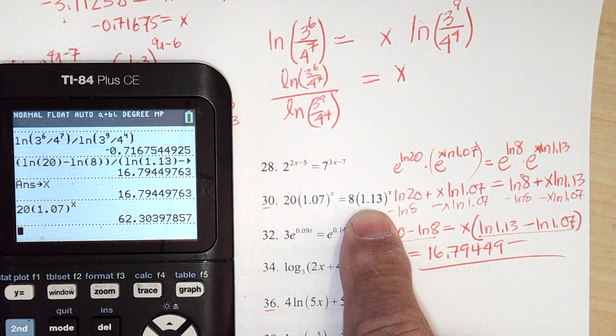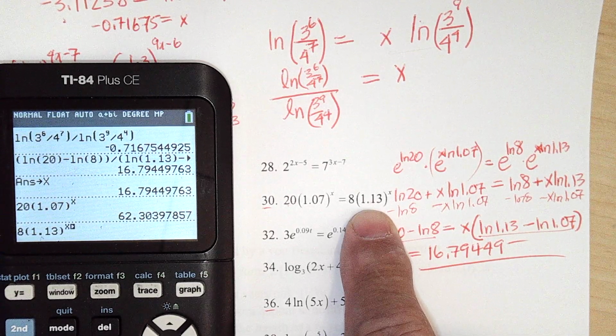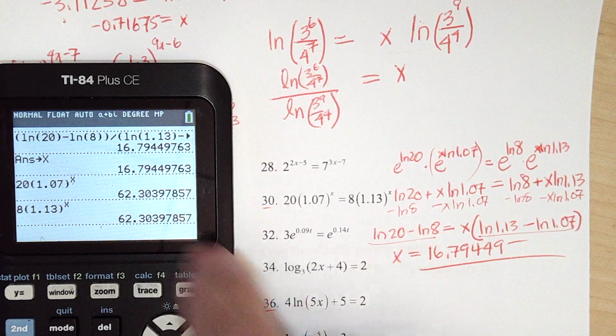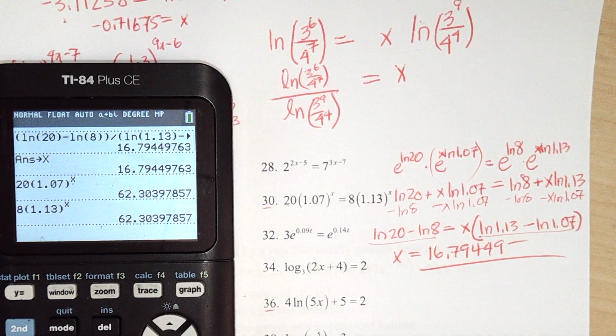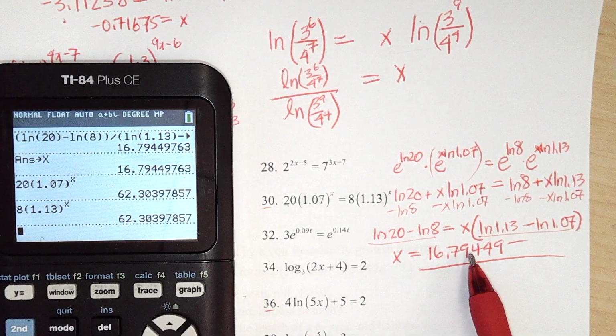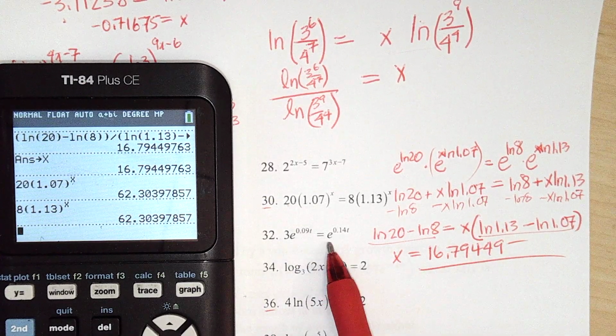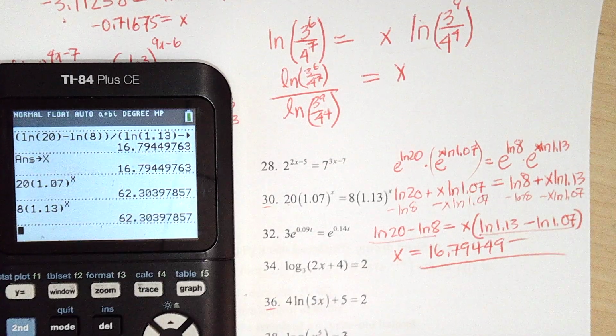Now let's check the other side. 8 parenthesis 1.13 close parenthesis to the x, and they are equal. Carrying that many decimal places, they match up. If you rounded off in this, you're going to get approximate answers. Okay,